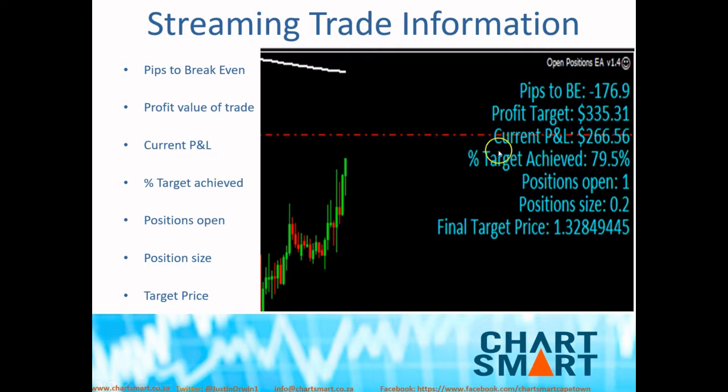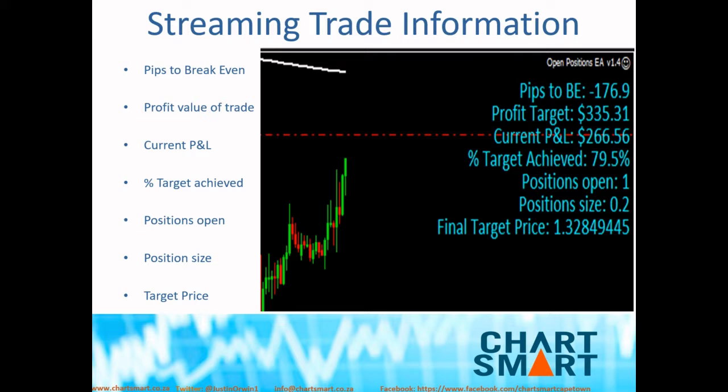It'll then calculate the percentage of your target that you've achieved. So if that is your profit target and your current P&L is X, Y, and Z, it's going to calculate how far along you've gone. So if you're only 10 or 20% of your profit target achievement, it's going to show that to you, and you'll be able to see how far you've gone. If you're getting up towards 70, 80, 90% of your target, you might say, well, actually, that's enough for me, and close it out. It just gives you that information to give you an idea of how far into profit